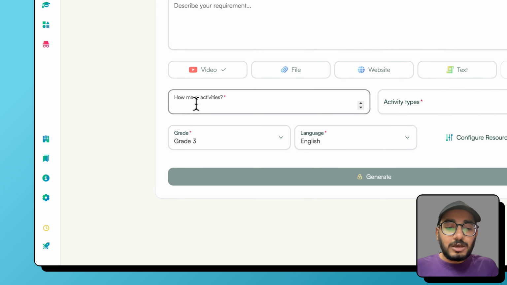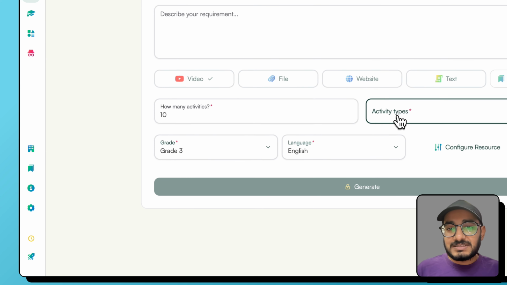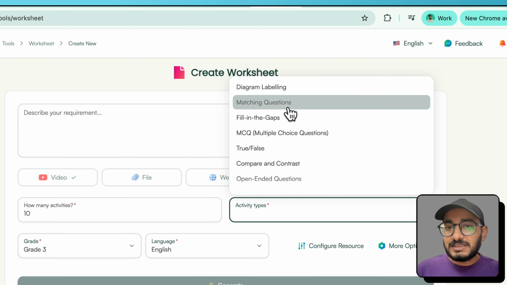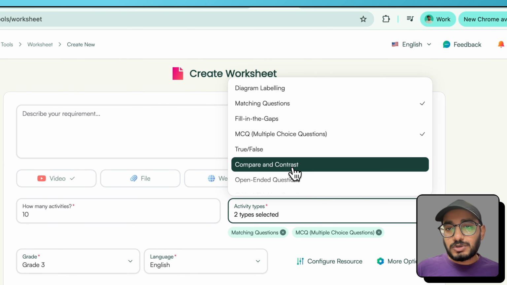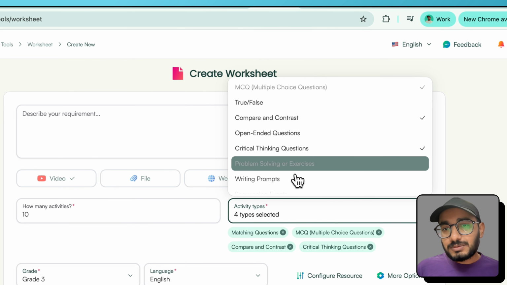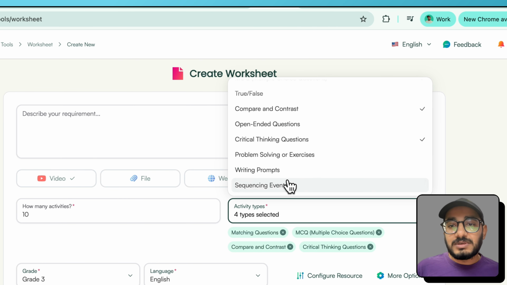Now you can define how many activities you want. Let's say 10 activities, and then I want maybe diagram labeling, matching questions, MCQs, compare and contrast, or critical thinking questions, or maybe one sequencing event. Now if you don't see any activity here, you can just type in here and it will follow